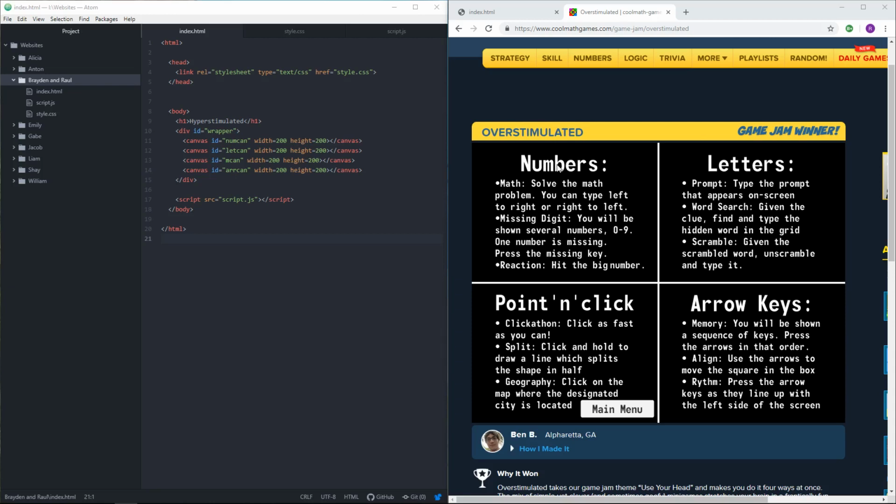But what we need here is to recreate basically 4 windows. That's what our game has. And each window is its own type of mini game. Number games to the left, letter games. Basically, these are your inputs. So games where you press things on the number pad go here. Games where you press letter keys on the keyboard go here. Games where you use the mouse go here, and games where you use the up, down, left, and right arrows